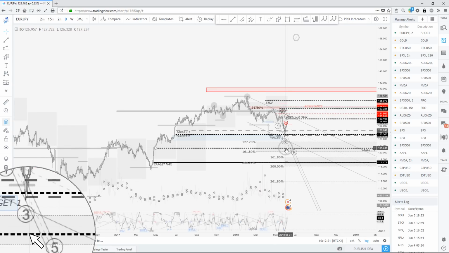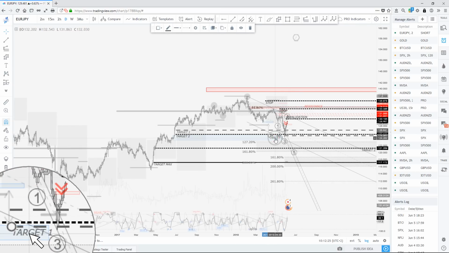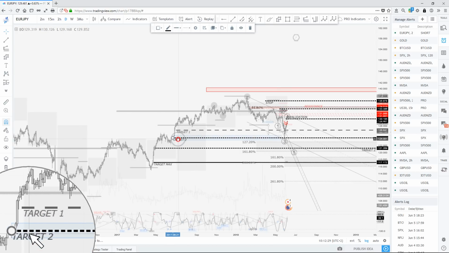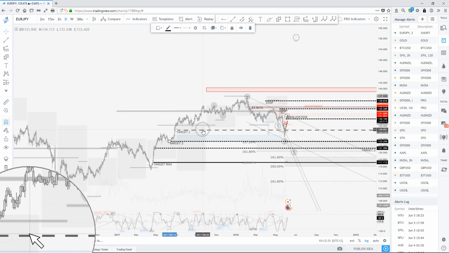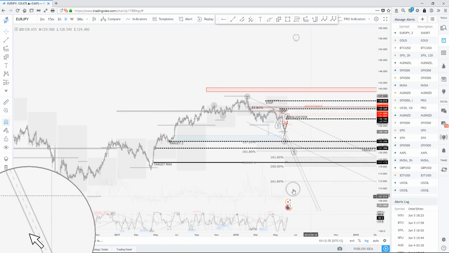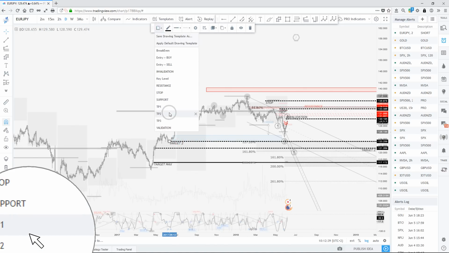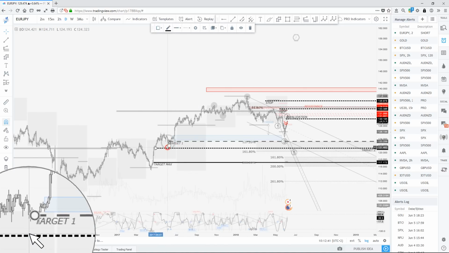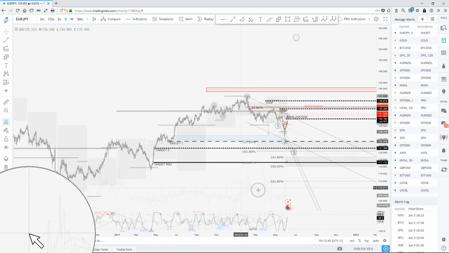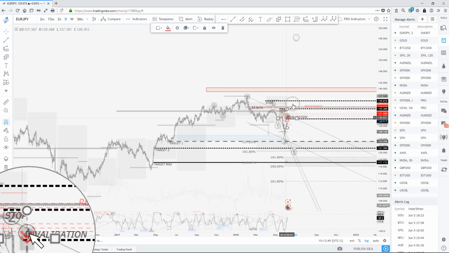I'll have partial taking profit in here on the previous bottom and in here as well to trigger partial takings of profit. So first taking profit will be there at 127 extension, second one in here. Okay, so I hope you guys understand how this is going to be playing out. We got target 1 right here, target 2 in here, and target max right here. This is where I'll take all my gains on that wave 1 to 4 overlapping.